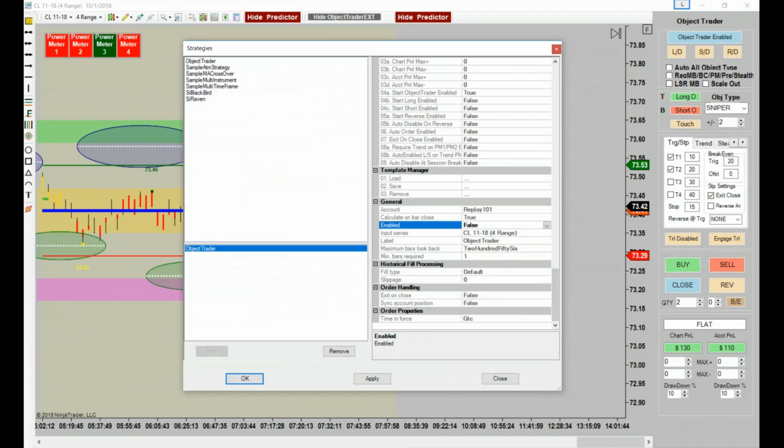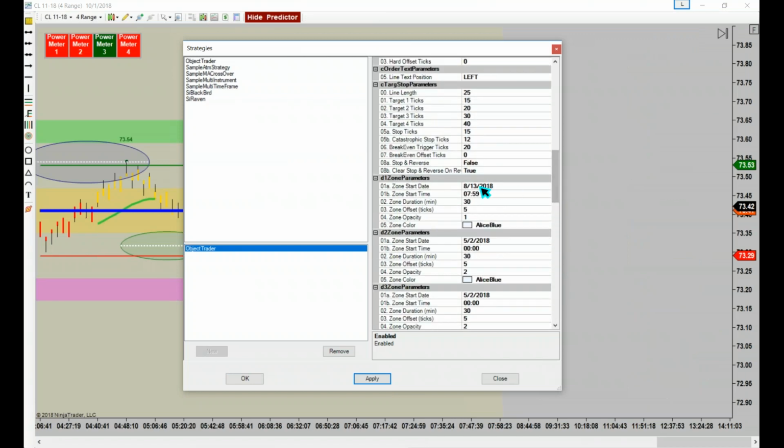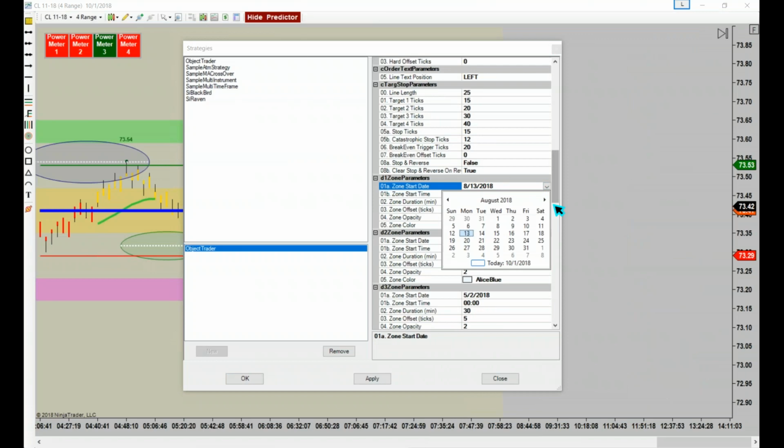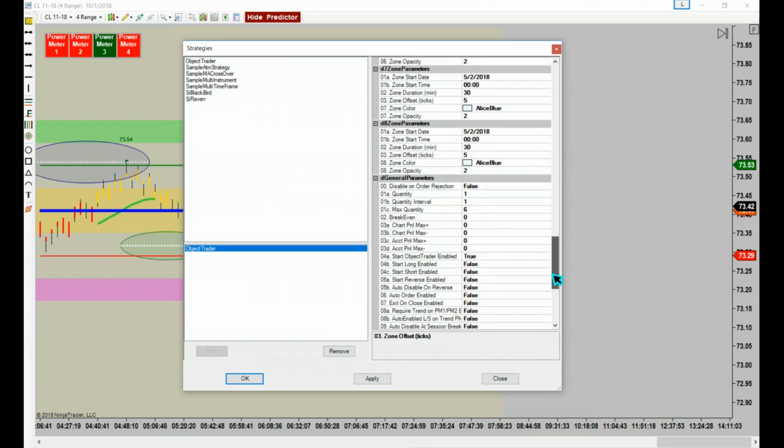And what you've got to do, of course, is change this to not enabled. And we're going to go up to Time Trader, and for Time Trader you would want to set today's date, October 1st, 7:59. Okay, that's the time we start trading oil. And I usually like to have mine with a zone offset of 4, which is 8 ticks. So you can actually do your little channel as 4, which would be 8 ticks, and then it's ready to go. All you've got to do at that point is simply engage it